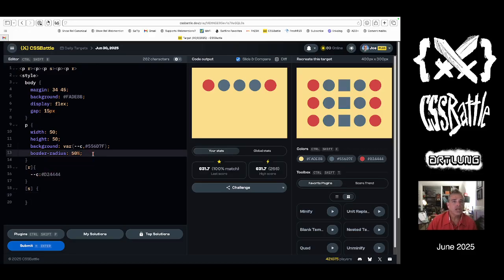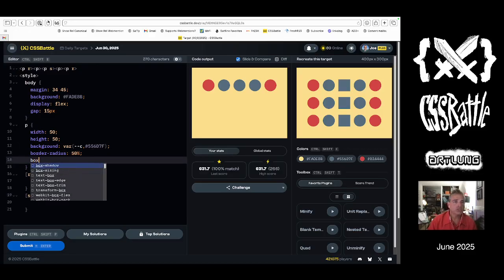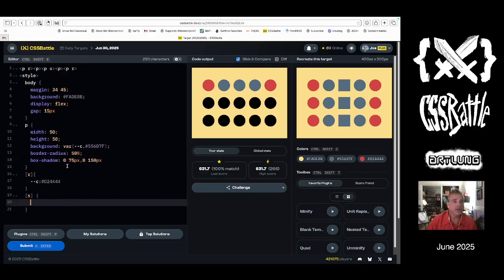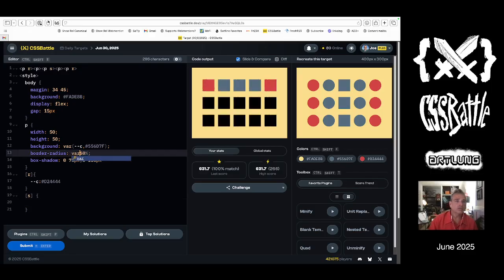But we need box shadows. Box shadow 0, 50 pixels, 75 pixels, and 0, 150 pixels. And border radius needs to be a variable var